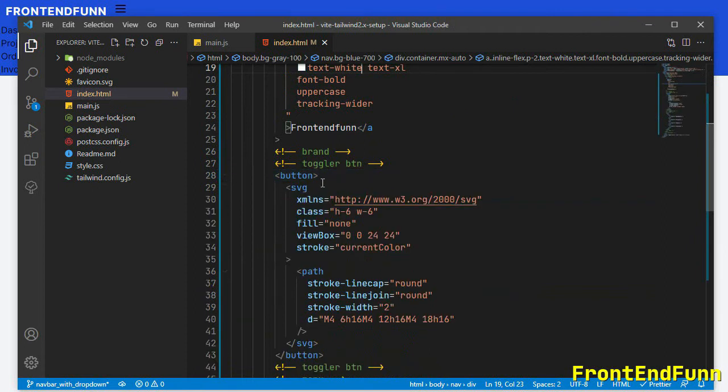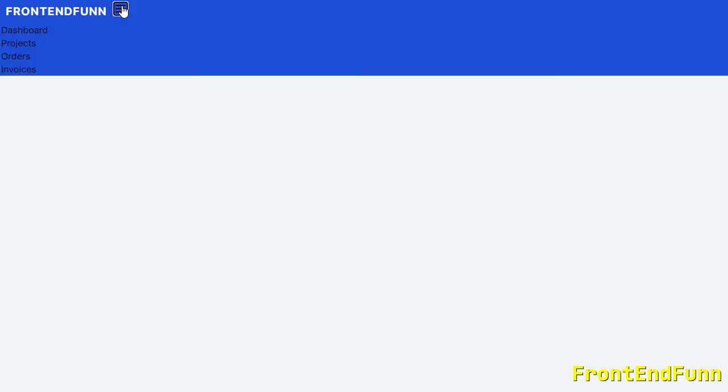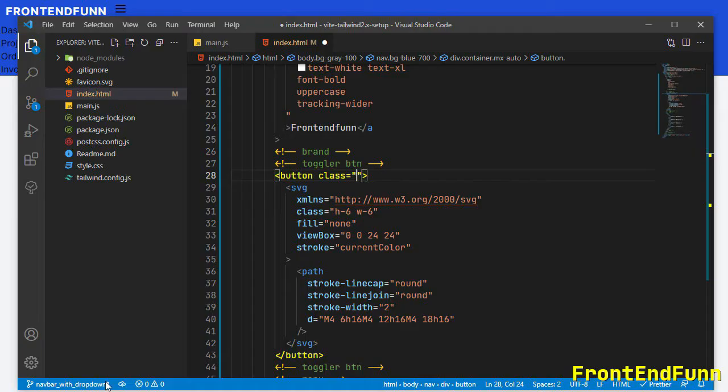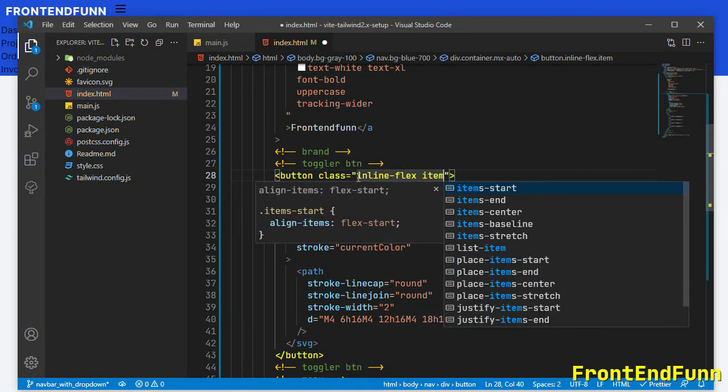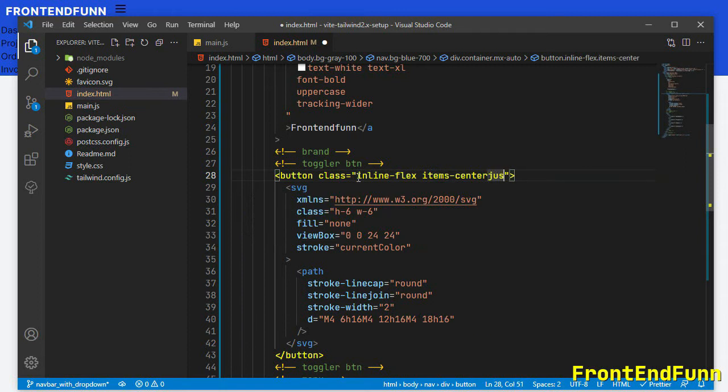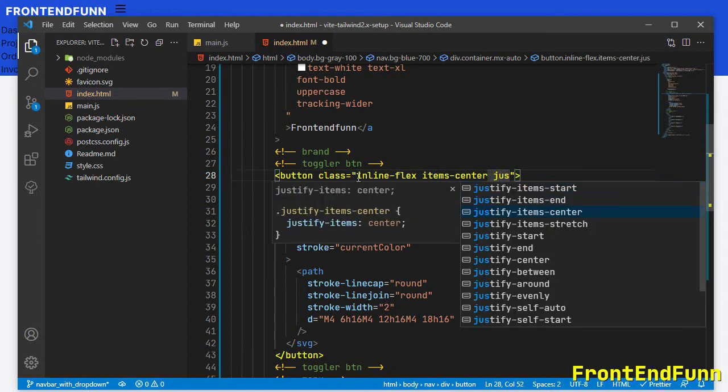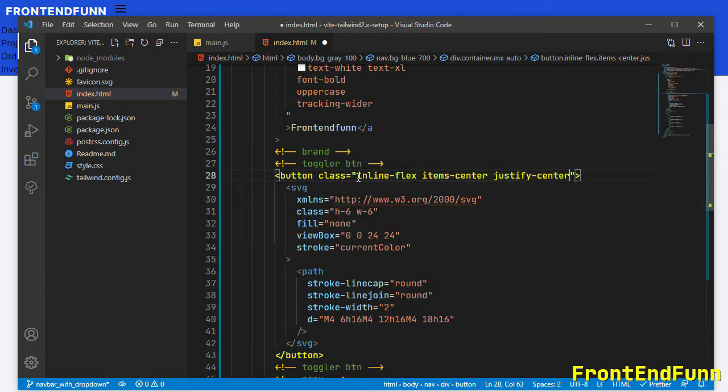Next for the button, let's make the button look like a hamburger menu. I'm making it inline-flex, and to center the hamburger menu I'm going to add items-center and justify-center.